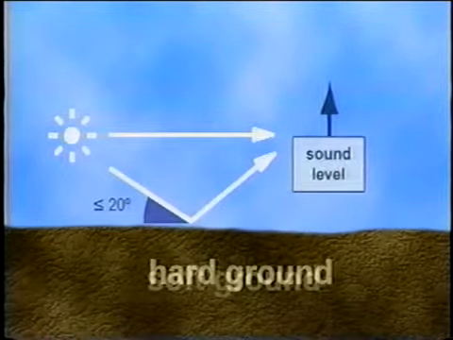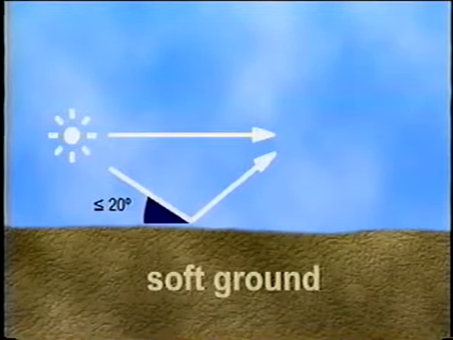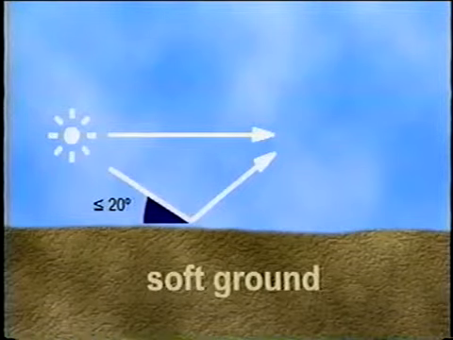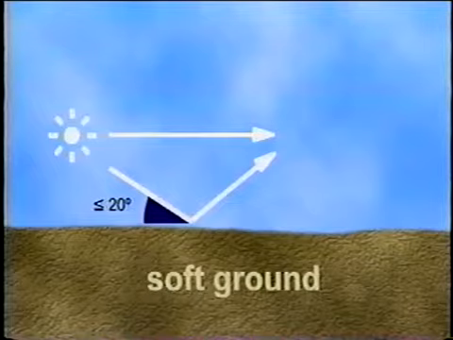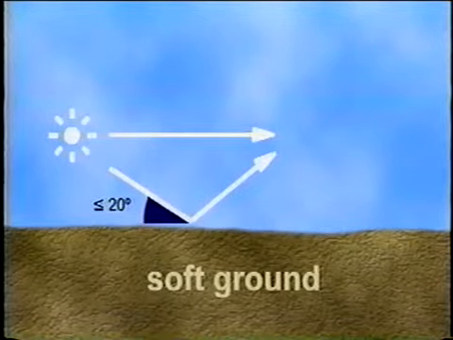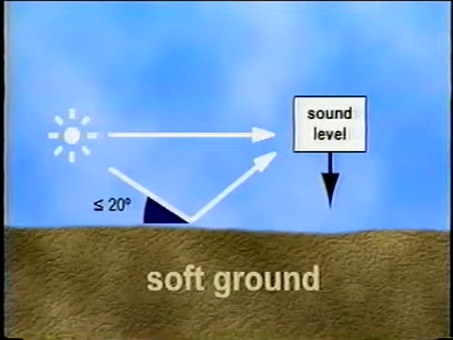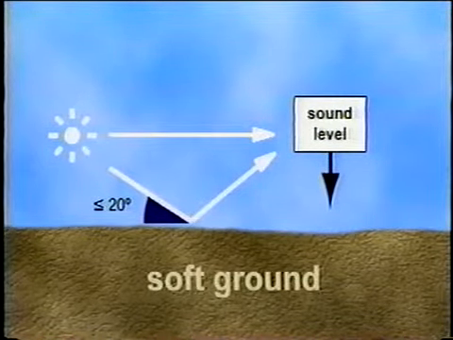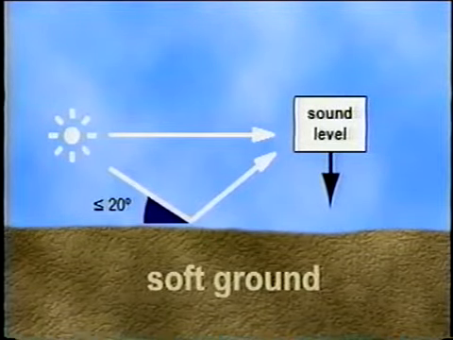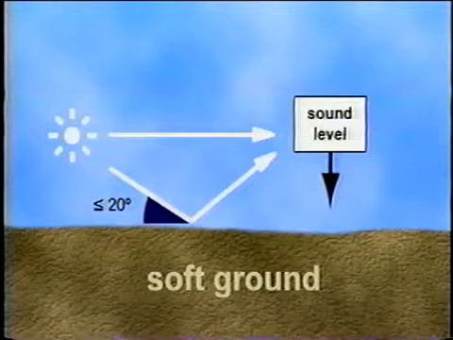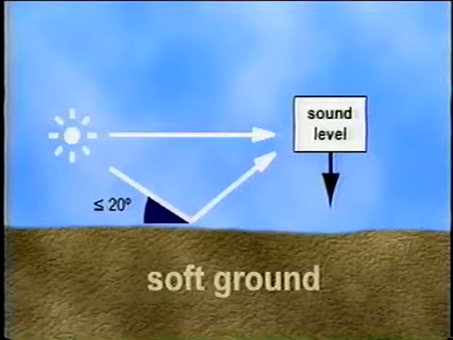An acoustically soft ground, such as grassland, plowed earth, or snow, can cause a significant broadband attenuation, except at low frequencies. As a general rule of thumb, for each doubling of distance, the soft ground effect attenuates the sound pressure level at the receiver by 1.5 dB. This extra attenuation applies only to incident angles of 20 degrees or less. For greater angles, the ground becomes a good reflector and can be considered acoustically hard.